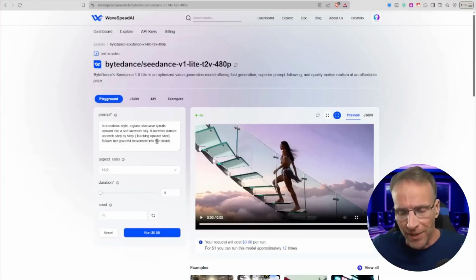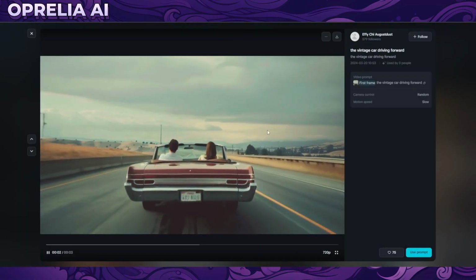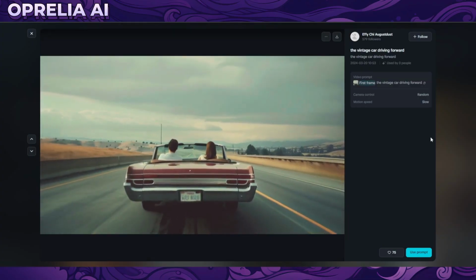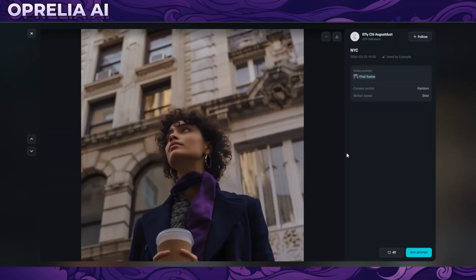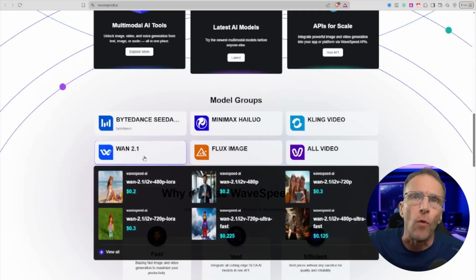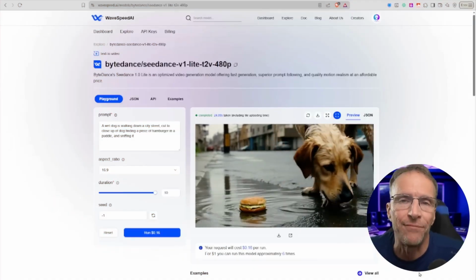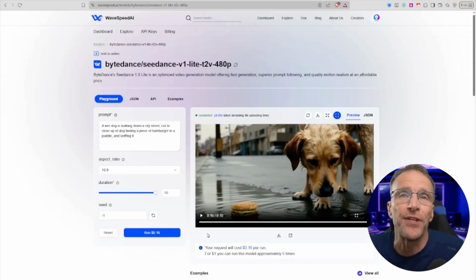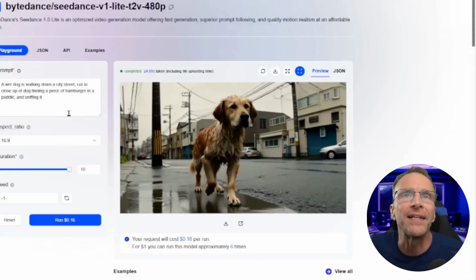That's the spatial layer. The other person is the motion choreographer. They're focused entirely on making sure movement looks natural, characters stay consistent across shots, and the camera work feels smooth and professional. That's the temporal layer. Traditional AI video models try to do both jobs at once, which is why they often fail at both. Seedance 1.0 separates these responsibilities, and the results are immediately obvious. No more flickering, no more characters morphing mid-scene, no more camera work that makes you seasick.